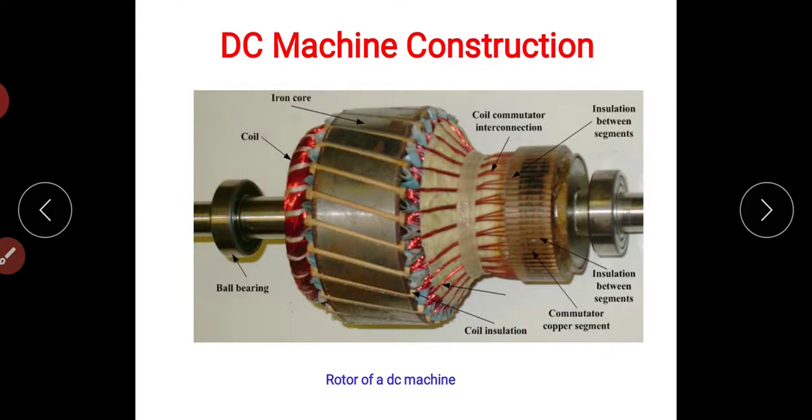Here, this is the armature core. Next, these are the armature conductors or coil or armature winding. This is the armature bearing. Next one, insulation: insulation is provided between conductors. Next, this is the commutator. The commutator is made up of a number of copper segments, and each copper segment is separated by insulating material. Next, this is the shaft. By using this shaft, with prime movers, turbines or IC engines, we can rotate this armature inside the magnetic field.